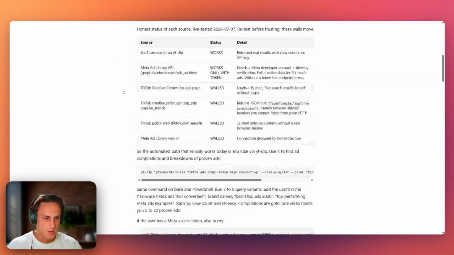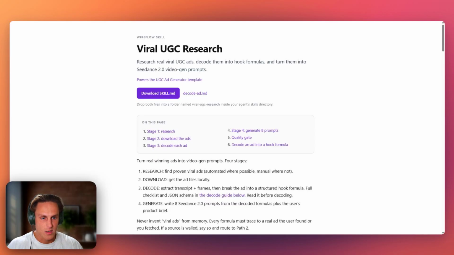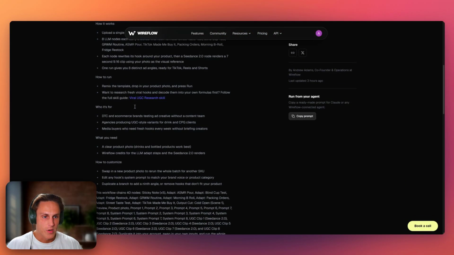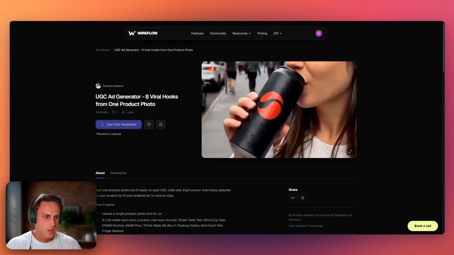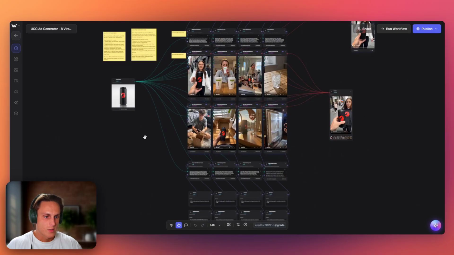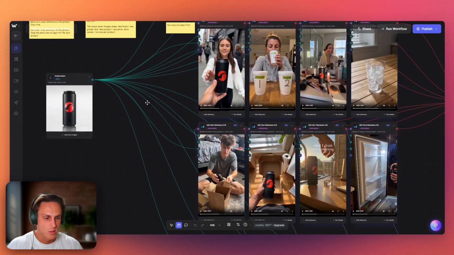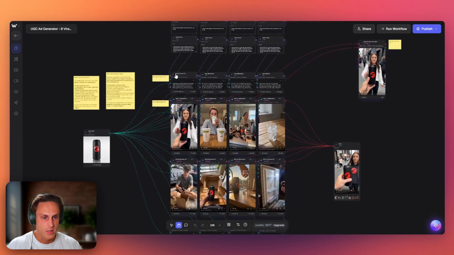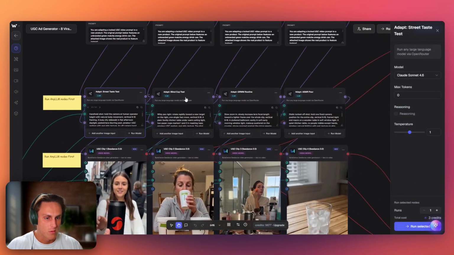I'll open this here. This is the skill end-to-end, and I'll include this link in the description. So you can come in here and grab the skill and put it into your Claude Code. And then once you have that in your Claude Code, you open this template here. Once you've run that skill in your Claude Code, it'll automatically know to use this template, and then it'll go into the template and adapt each of these prompts to the new viral hooks that it found for